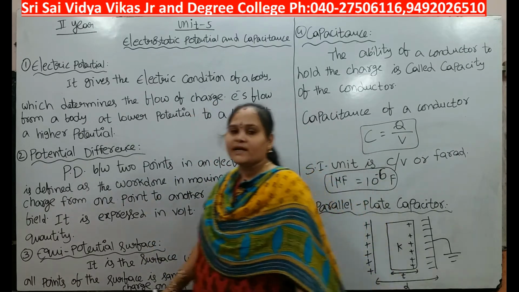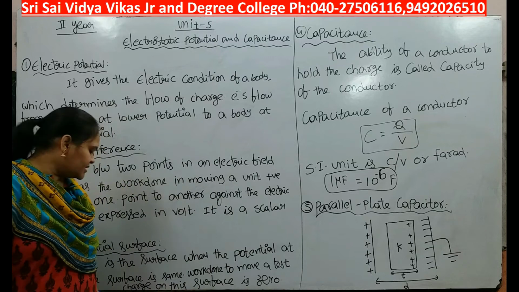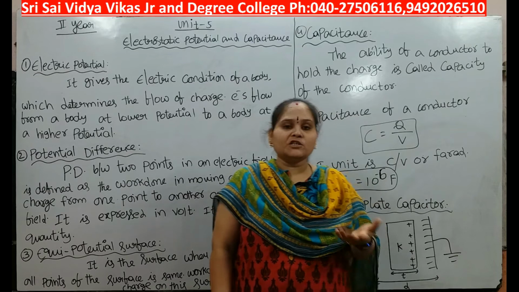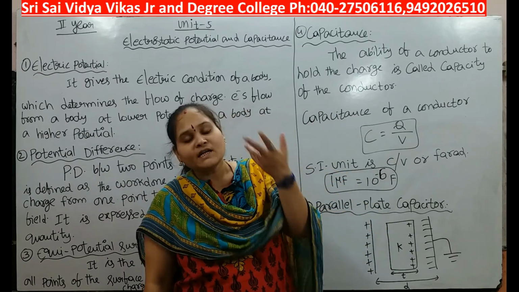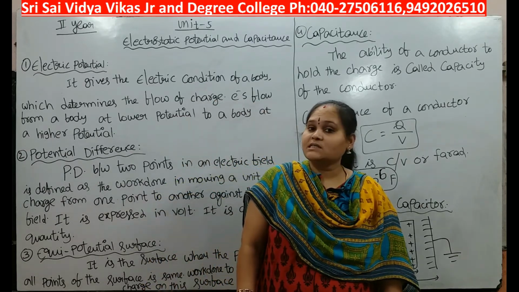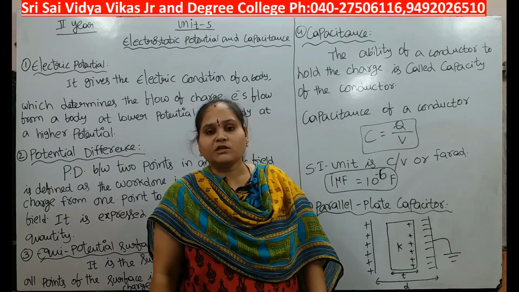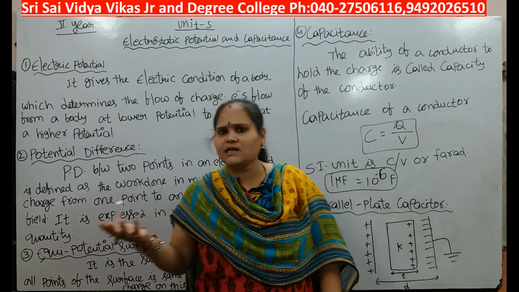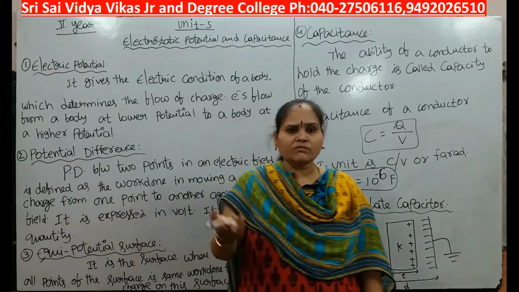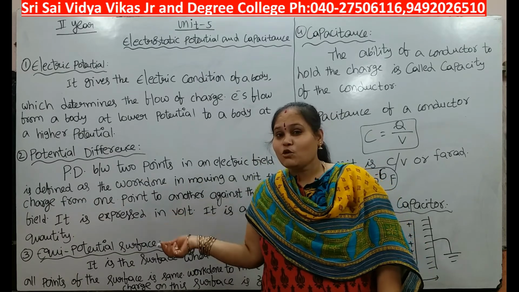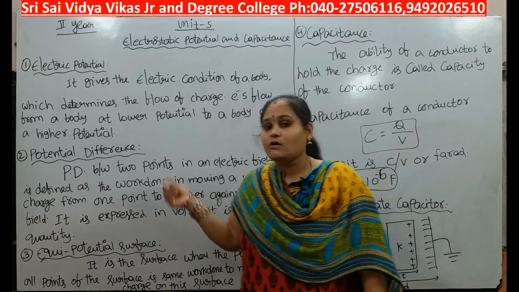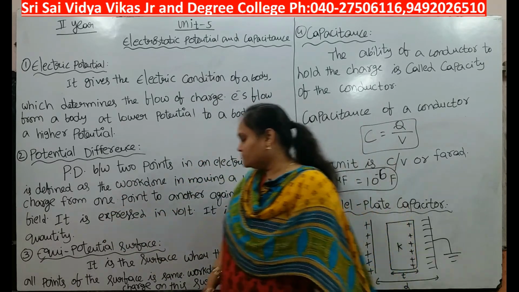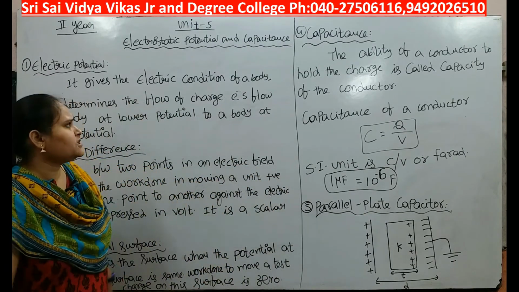So the work done to move a test charge to all points on this surface is 0. Why? Because the potential is the same. On an equipotential surface, the potential is the same at any point, so the work done on this surface becomes 0. Potential difference means work done when moving a unit positive charge from one point to another point. But here there is no potential difference, because the potential at all the points on that surface is the same. That's why the potential difference is 0.